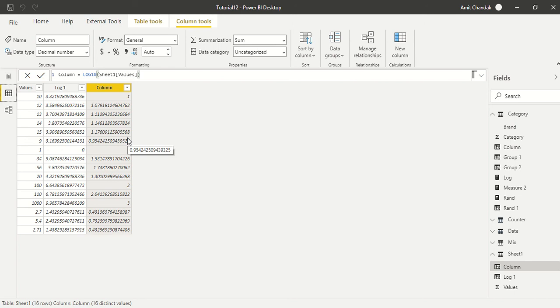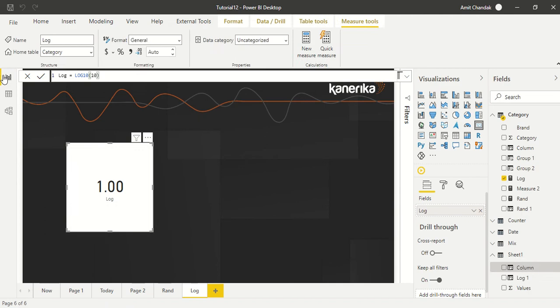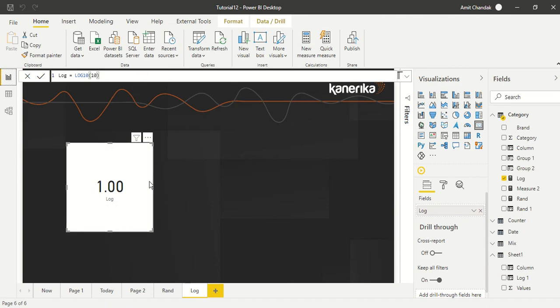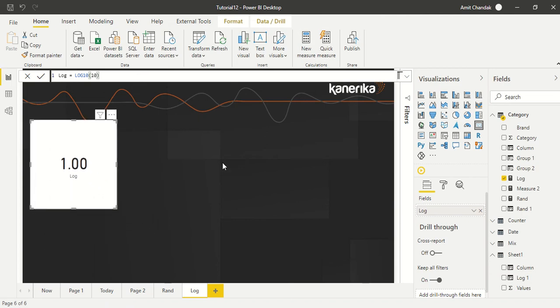These are specifically needed when you are doing some mathematical calculation, or when you want to normalize the numbers when they are pretty big, or maybe you are sending them to some data science algorithm and you want some kind of normalization. You can take log. Now in Power BI, let's go ahead and draw a visual.